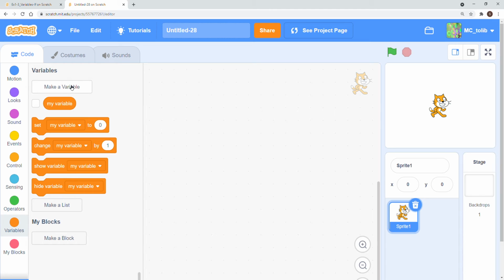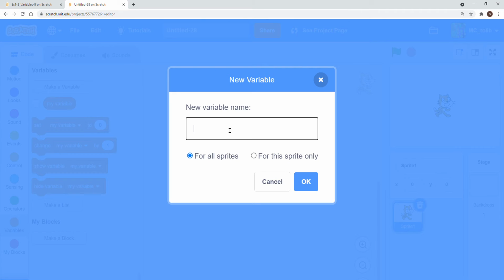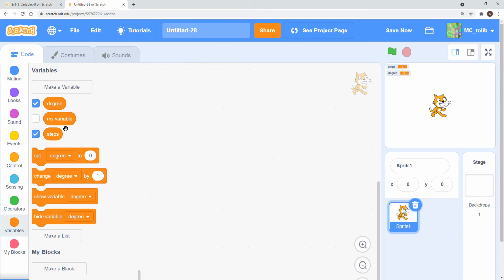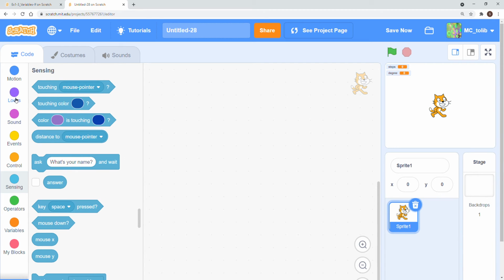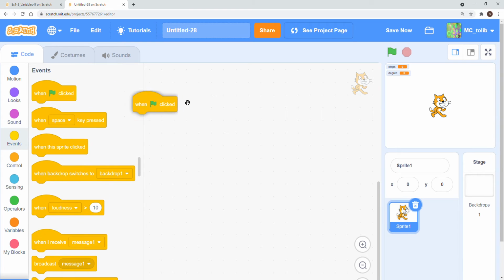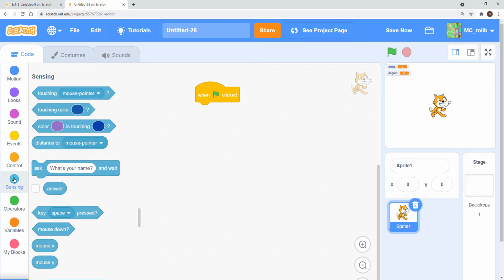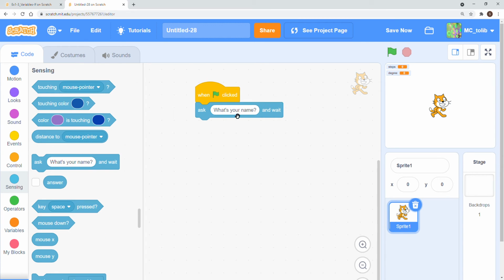Okay, so first let's say I want to have a variable called step. How many steps, right? And I want to have another variable like degree. Okay, now I have step and degree. Then let's say event first, and then we need to have input, and the input will ask the question,